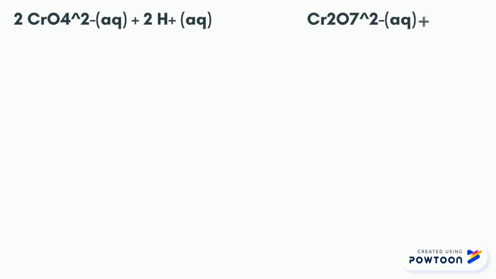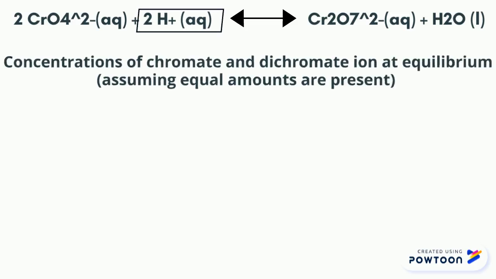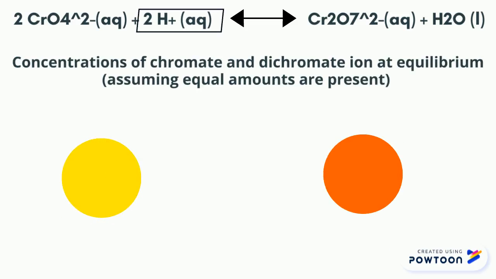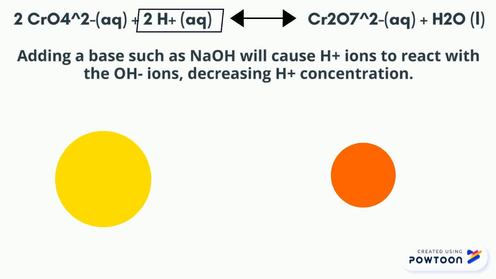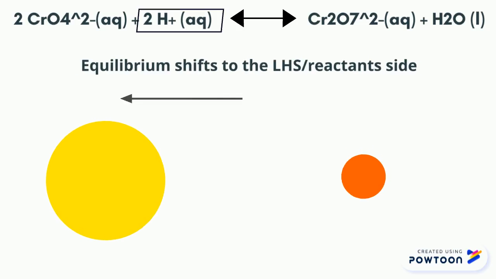For the effect of concentration, we will be looking at an equilibrium mixture of chromate and dichromate ions. In this reaction, the variation in the concentration of the hydrogen ion will decide what direction the equilibrium will lie towards. We will assume equal concentrations of chromate and dichromate are present initially at equilibrium. However, if we add a base, such as sodium hydroxide, the hydrogen ion concentration decreases as it reacts with the hydroxide ions. Thus, equilibrium shifts to the left, with the solution being predominantly yellow in color due to the higher